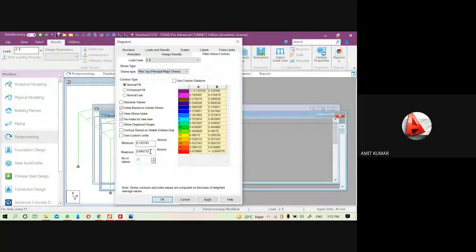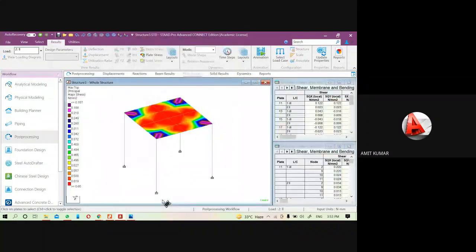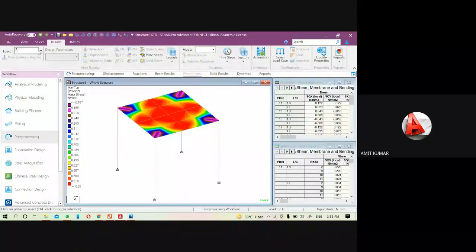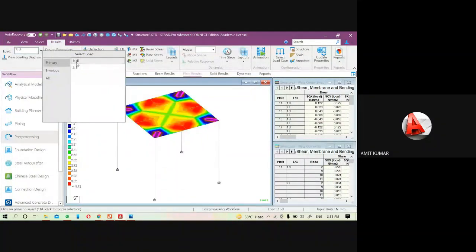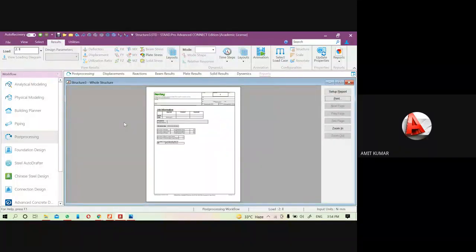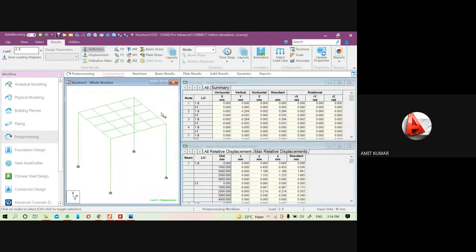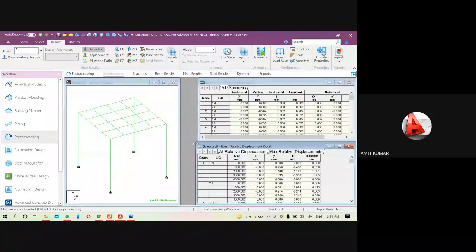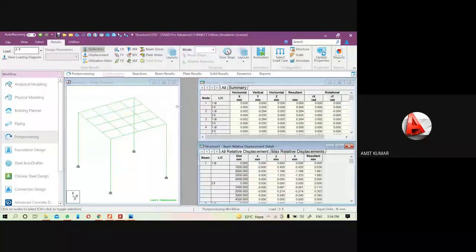So the top principal major stress, you can see it. This is the live load, and if you want to see it for the dead or any other, you can see it according to that. So in the report, you can add this data also. Last time I explained we can't add the base plate stress values. This time we can add it into the report also. Okay. So up to this point, if you have any doubt, then please ask.